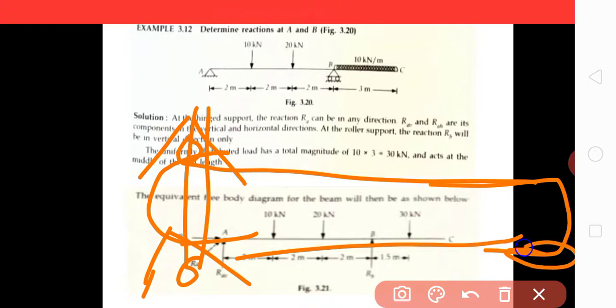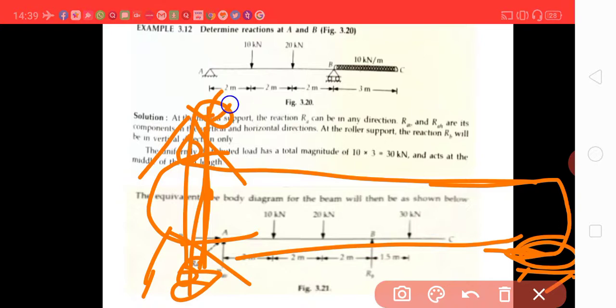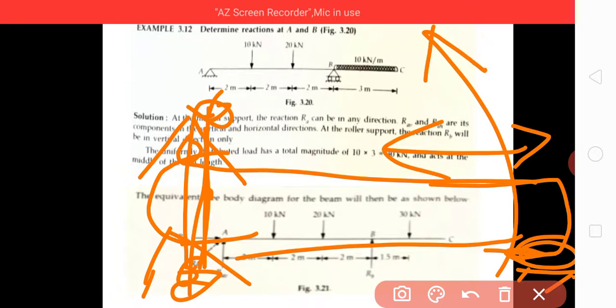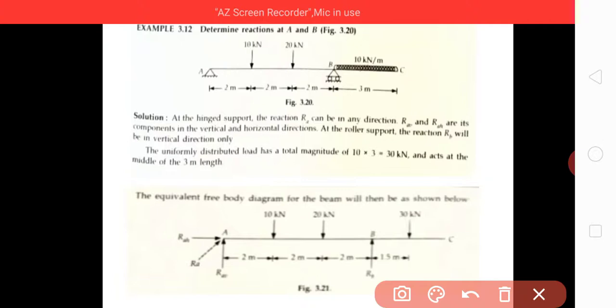Here you will have a roller support as shown in the figure, but here there will be a through pin from here to here, and this will be fastened here by a nut bolt or some clip. So this beam cannot have this moment, but it can have this moment. Here you will have a vertical reaction, you will have a horizontal reaction.